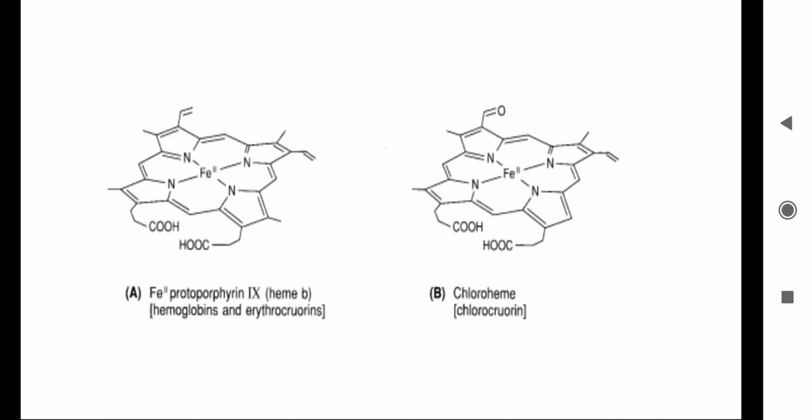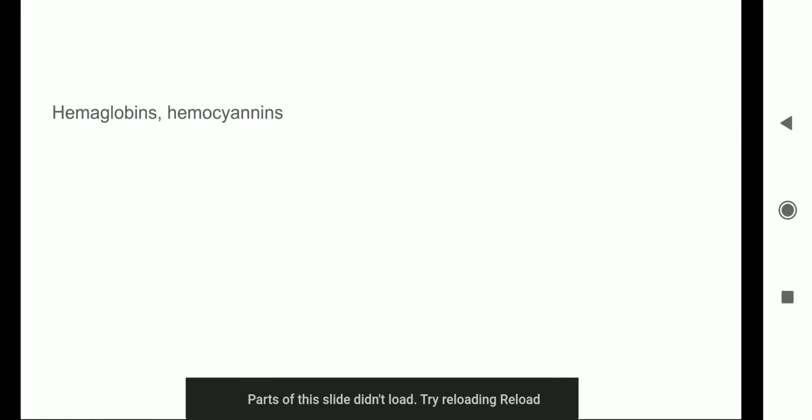This is a very specific site of dioxygen binding, also called the active site. So for hemoglobin, it is the porphyrin ring where the dioxygen is going to come and bind, while the hemocyanin and hemerythrin have copper and iron atoms which bind to the oxygen molecule. So let us see. Dioxygen is bound to Fe or copper in different forms,